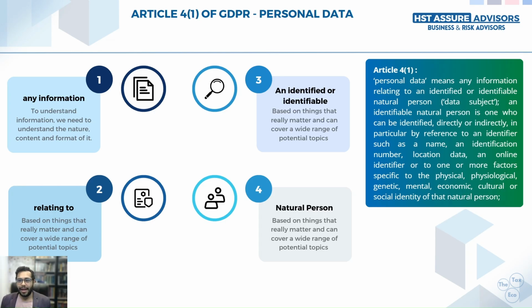Now let us understand each of the elements in detail and why it is necessary. Once we understand all the elements, we will be able to understand what personal data is, and based on that we will be able to understand to which personal data the GDPR is applicable. So it is very important to understand the elements of personal data. Also, we will go through the GDPR text to understand in detail how and where what is given. So let's go to the GDPR text.